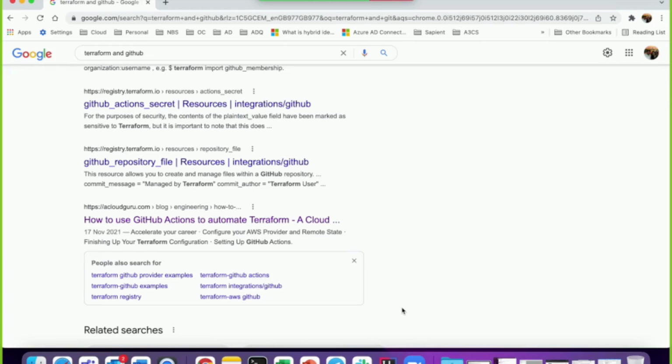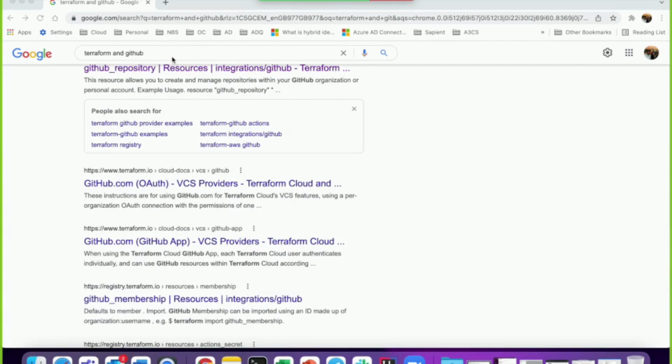So what I would be showing you is how you can create this using Terraform on the fly. This is one lab exercise I would be showing you how to do now. Maximum of the work can be done by Terraform. How Terraform works is, someone has given you a task to create a GitHub repository using Terraform. How exactly would you be doing it?